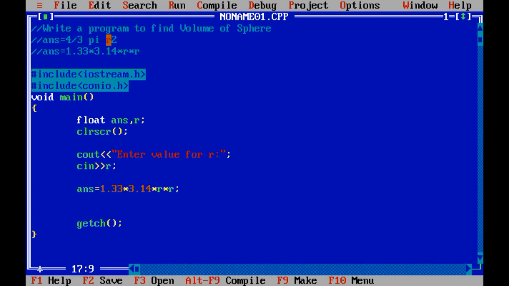So this is the processing part which we have completed. Now it is the turn to display the output. The output is volume of sphere is, and what is the variable? Output variable is answer. So answer display.